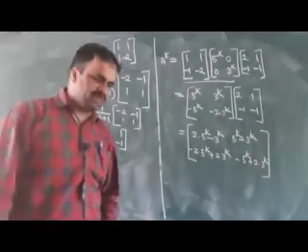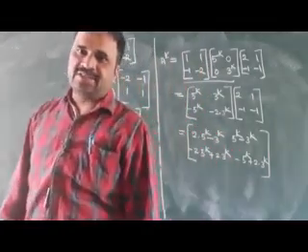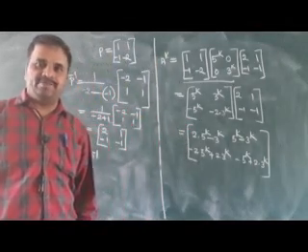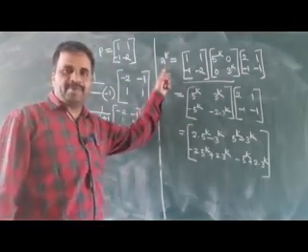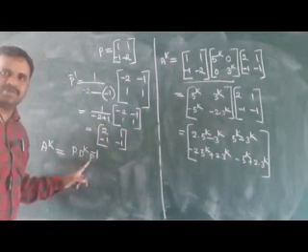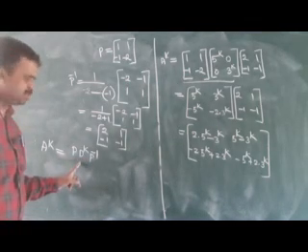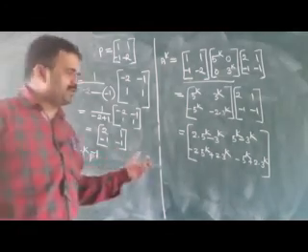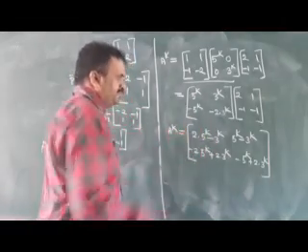So once you see, the question already gave A and the relation that A equals P D P inverse. He asked to find A power k. A power k is nothing but P D power k P inverse, which we already derived. So we simply substituted the P matrix, D power k, the diagonal matrix to the power k, and P inverse. We did the product of these three matrices and got this answer.